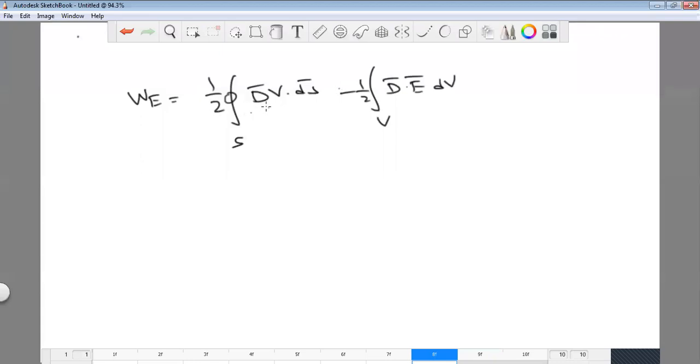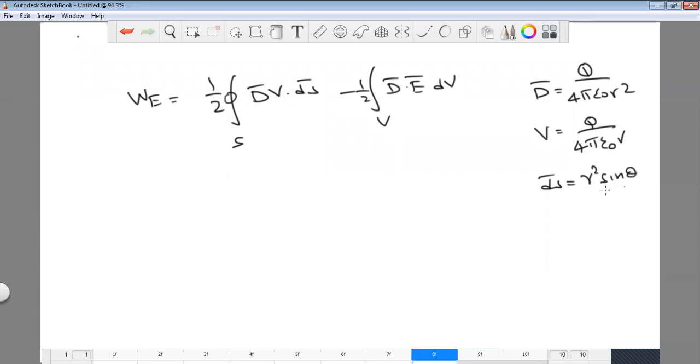Again here, when you integrate with respect to the surface value, D bar, V and dS bar have some dependence on r values. For example, D bar equals Q by 4 pi epsilon naught r square. What about the V value here? Q by 4 pi epsilon naught r. What about the dS bar value? When dS bar is taken in the spherical coordinate system, it must be multiplied by r square, r square sine theta d theta and again d phi.